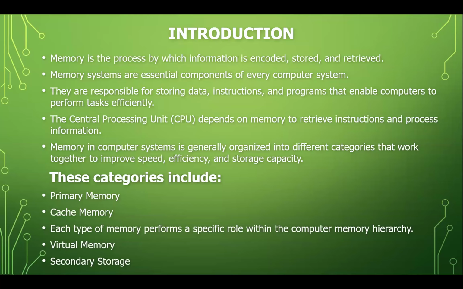work. The central processing unit depends on memory to retrieve instructions and process information. The CPU, the brain of the computer, depends entirely on the memory to function. It constantly fetches instructions and data from the memory to execute tasks. Without the memory, the CPU would have nothing to process. Now,